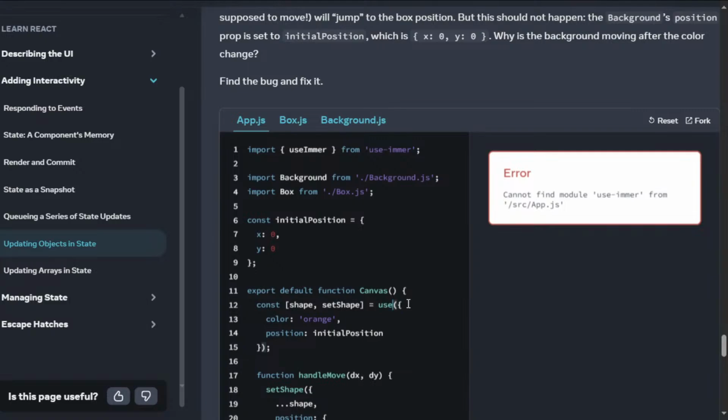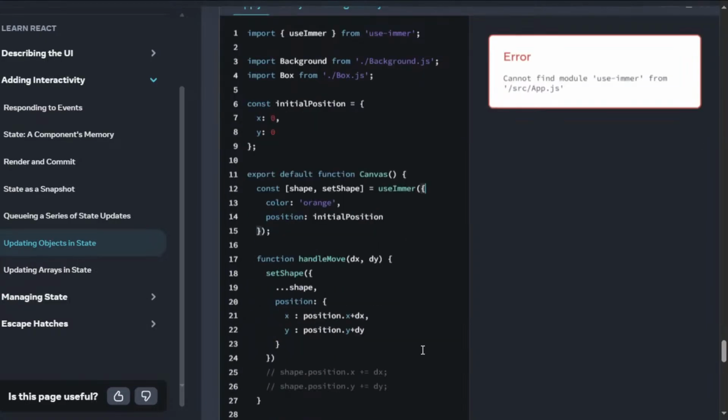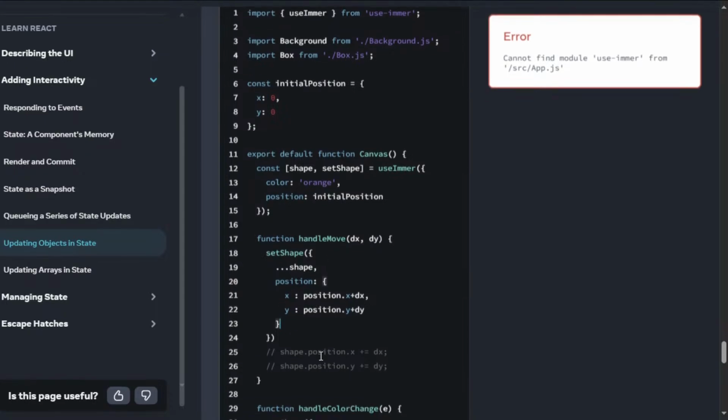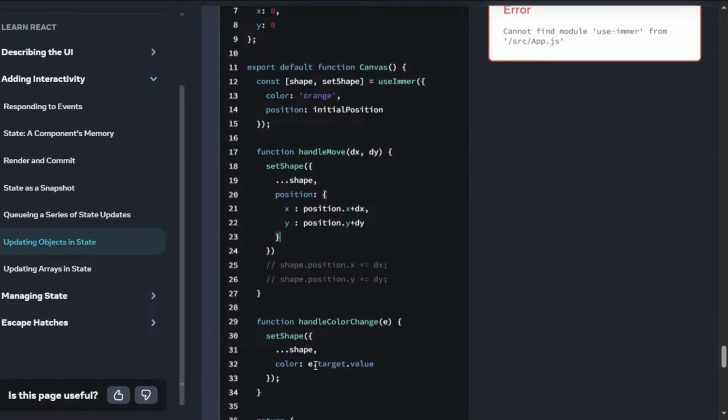Immer, not lemma. Immer. Use Immer. When I'm supposed to update my shape, let's update my